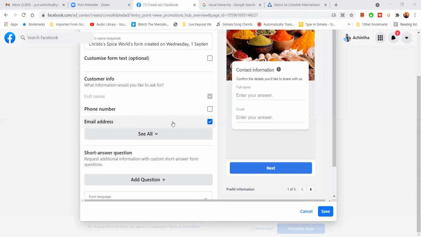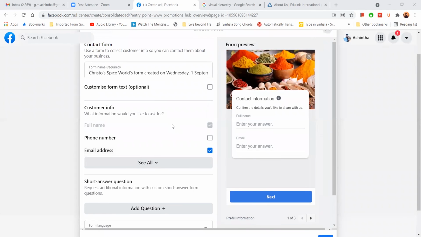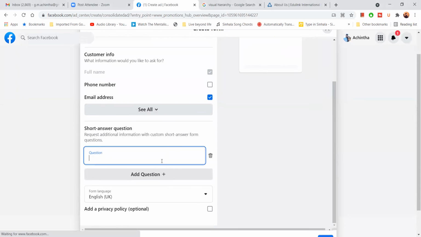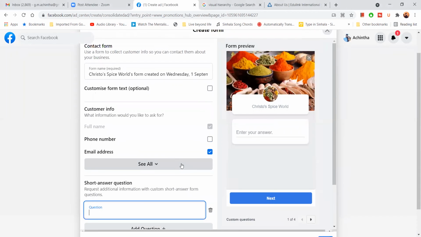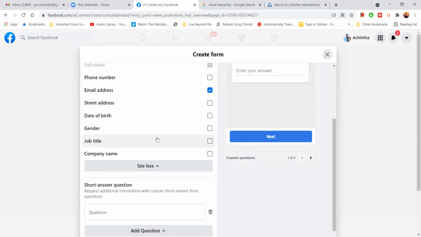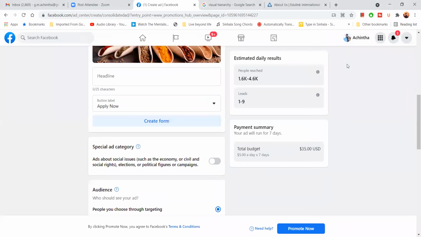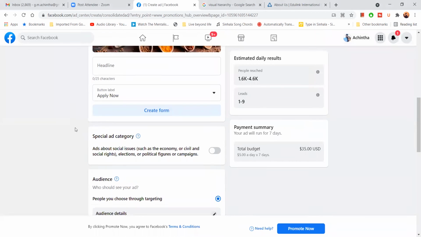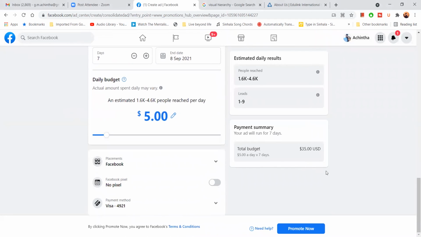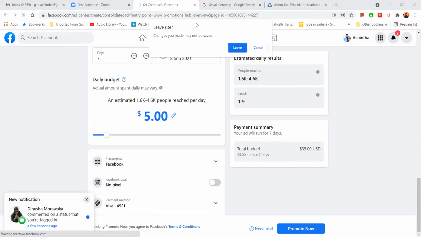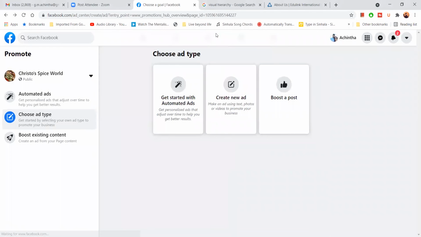All right. So here also you can create the form. Right? You can add questions, short answer questions, all these things. I don't know why it's not showing your custom forms already. But then again, you can create a lead form and you can promote it. When you promote it, you will get the leads who come to you, right? So what I'll show you next is quickly go to